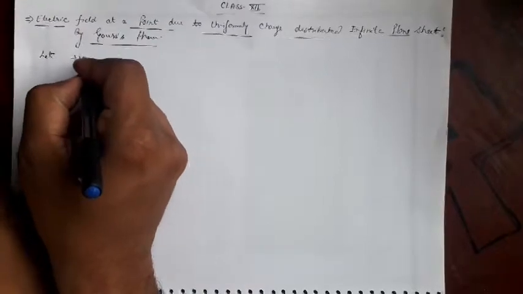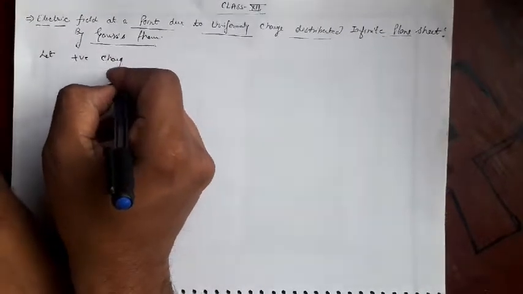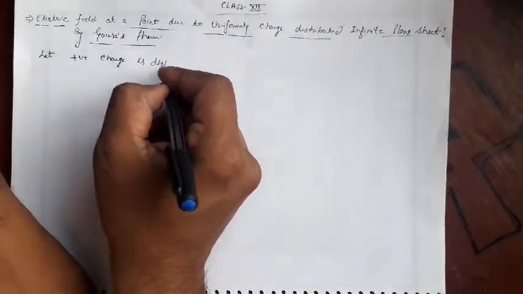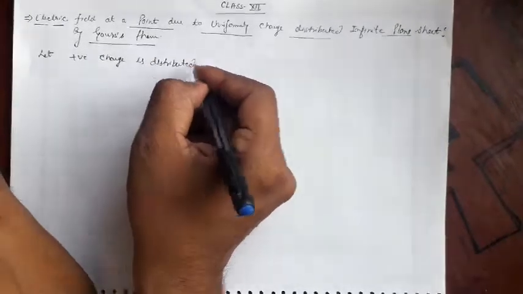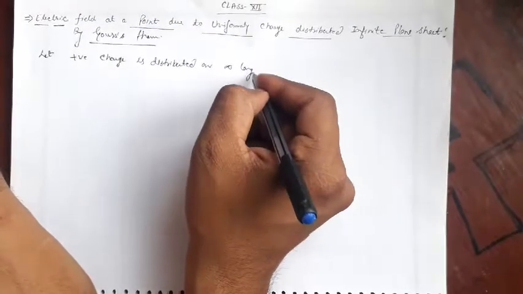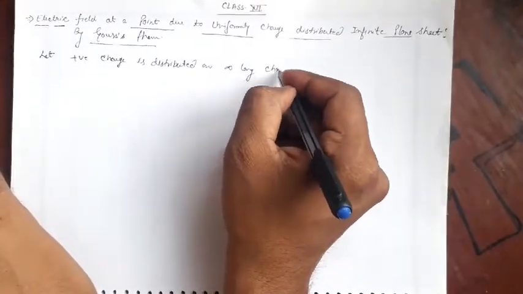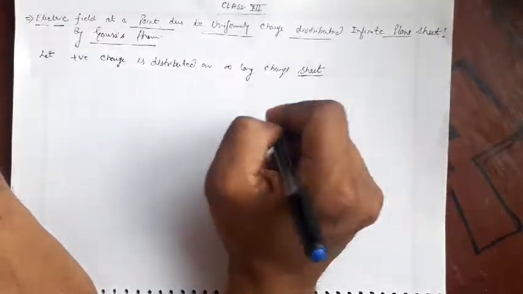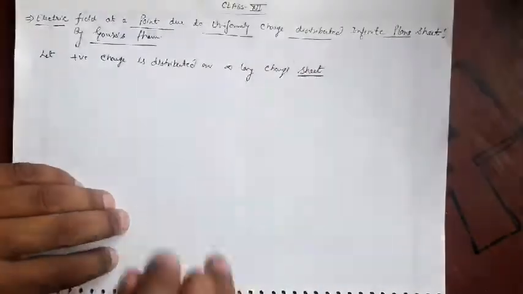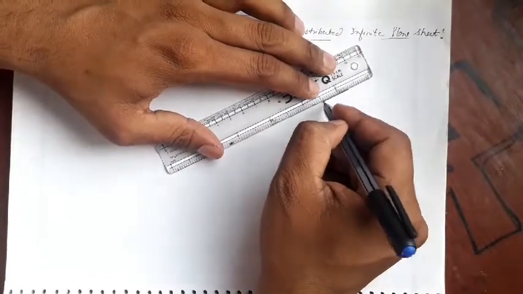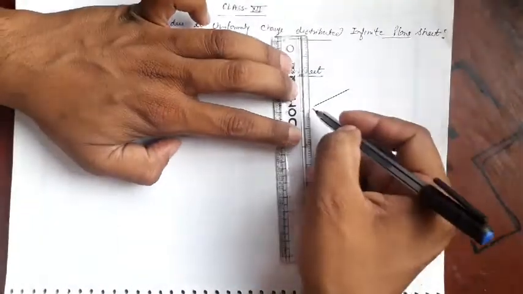First of all, let positive charge is distributed on an infinite long charged sheet. Here we will take a sheet. So positive charge, how will it be distributed? Suppose this is the plate sheet,